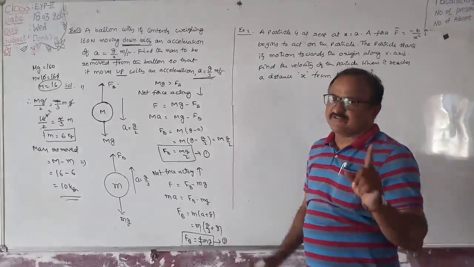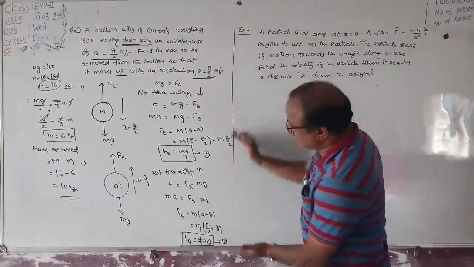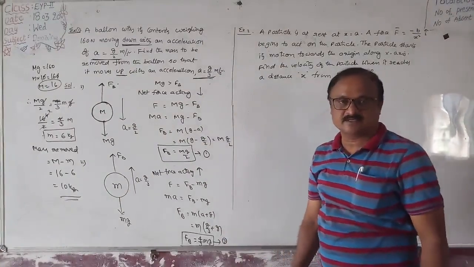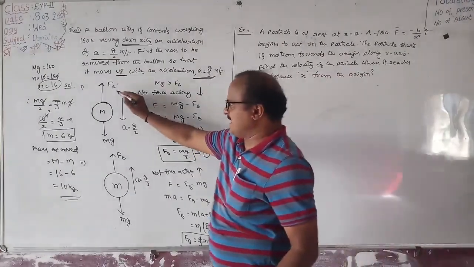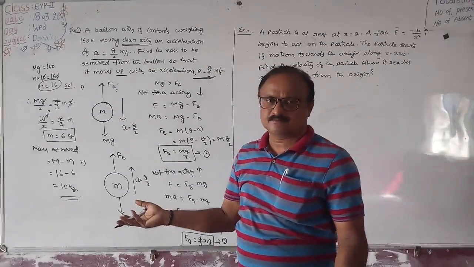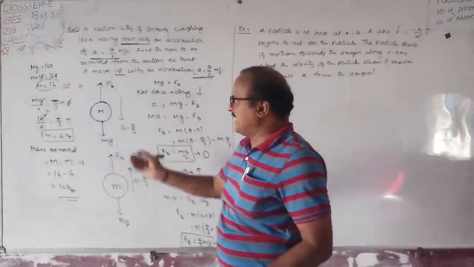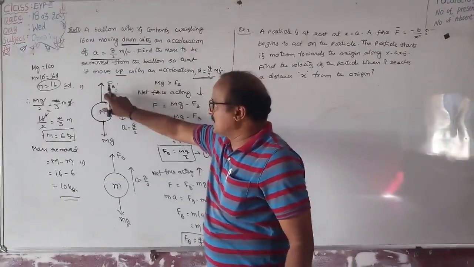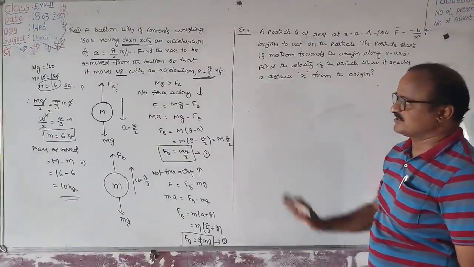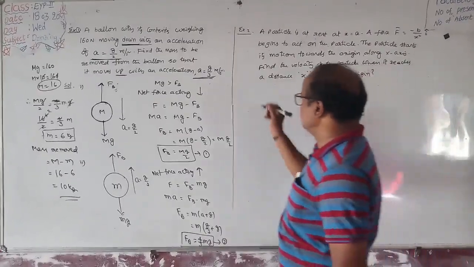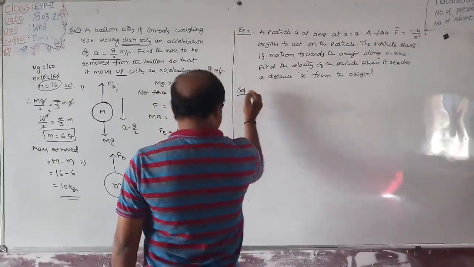So to solve the more difficult problems, you compulsorily should know the conceptual questions in this concept. Right? Okay. Here Fb, we don't know the value of Fb. So there is no need to know the value of Fb here. Okay. So that is the first question. Right? See the second question here.